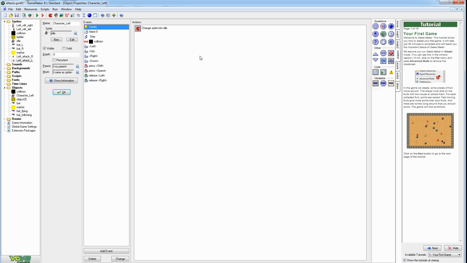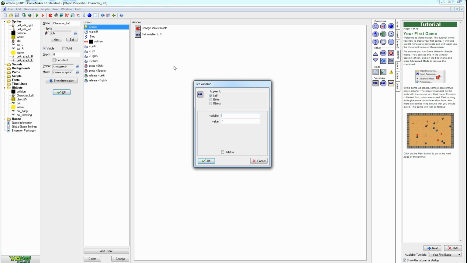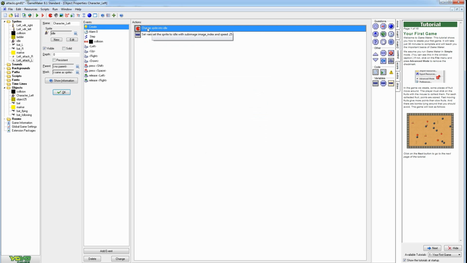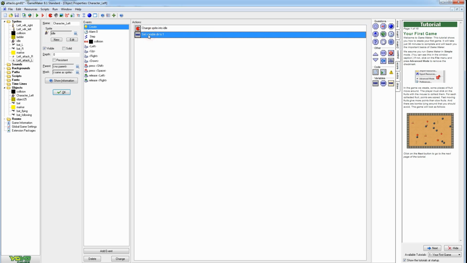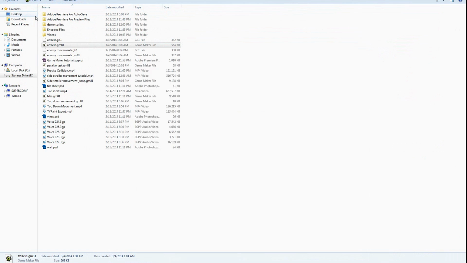So we need to go to set variable, which means I don't need that sprite anymore. We're going to call this dir is equal to 1, because he's going to be facing the right direction when he starts, so let's put dir equals 1. And I don't need the sprite because I just changed it to idle right there. Before, the sprite was just saying idle, so it's at 0.25, slowing it down. Alright, so direction is set to 1, so we know he's facing that, and when I press the attack button,